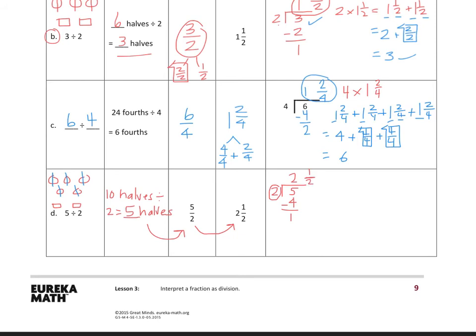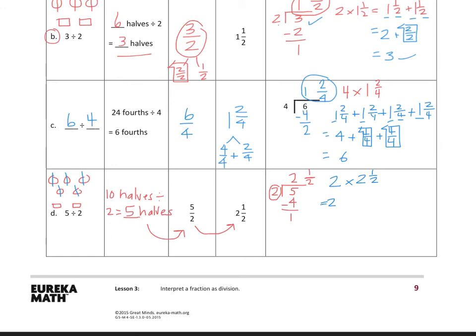So our answer is 2 1/2. So let's check that. Let's change it over to blue. We're going to check our answer, and we're going to multiply 2, which is the divisor, by our answer 2 1/2, which means